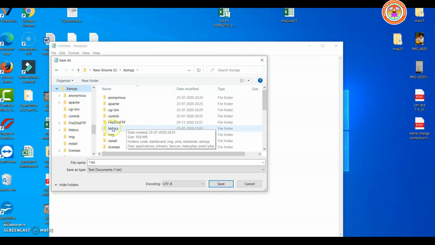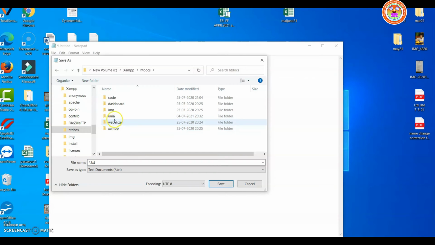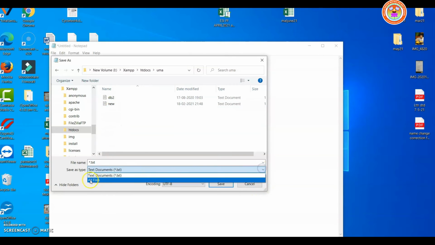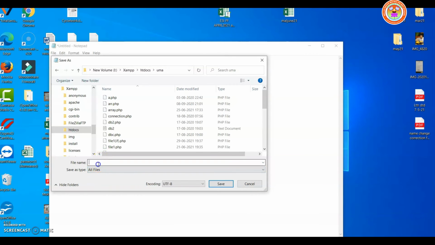In my system I have installed in i: colon. Name the file as while loop. Okay, .php is very important. Save the file,